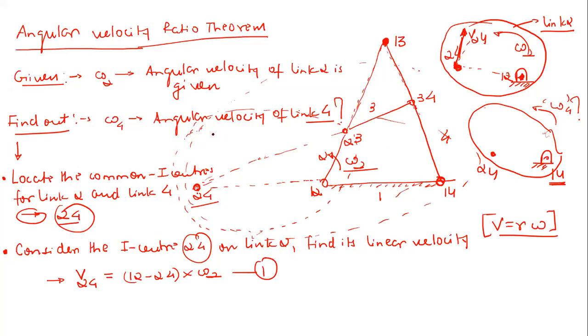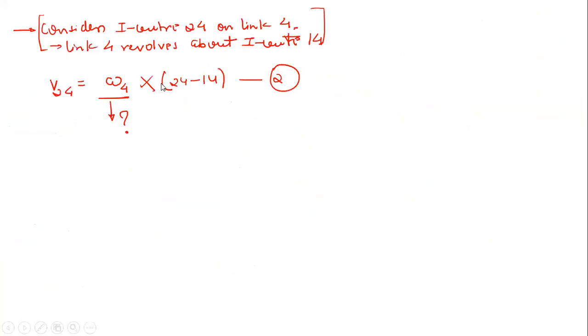So if, let's say, you imagine it on link 2, then it is going to move with velocity VA. If you imagine it on link 4, then it is going to move with velocity VB. Then always remember that this VA will always be equal to VB, right? Now, let us move ahead and simply divide these two equations, that is 1 by 2. And now finally you will have your relation. So this relation will be simply omega 2 divided by omega 4, that is going to be equal to I24 I12 divided by I24 I14.